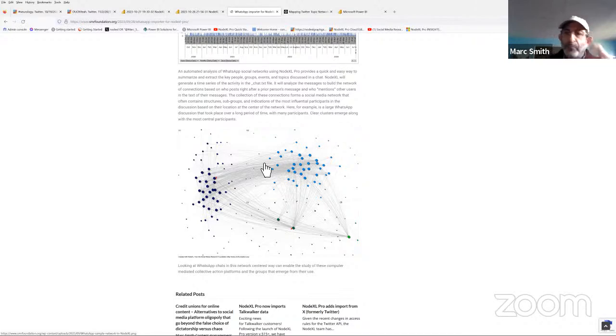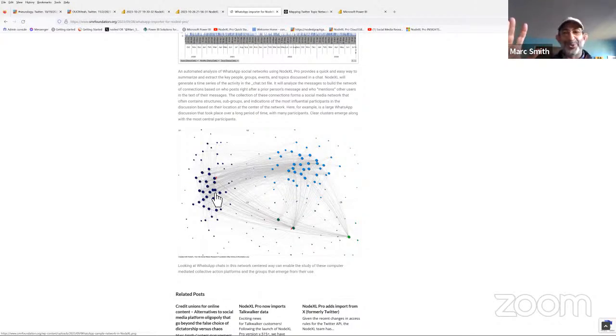But this is a chat in WhatsApp from London in the UK. Those are people who are negotiating between food providers and food banks and people who are hungry. And so we're really seeing collective action, computer mediated collective action. We're seeing that these are the coordinators, these are hungry people, these are food providers. We did that in under 3 minutes. And so that's insight into computer mediated collective action.